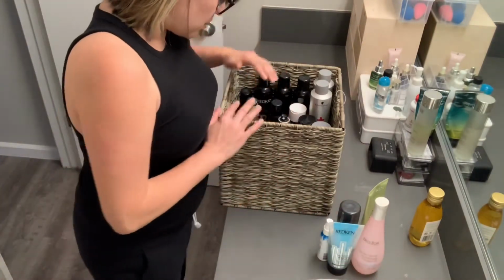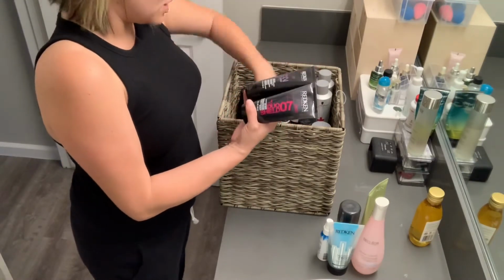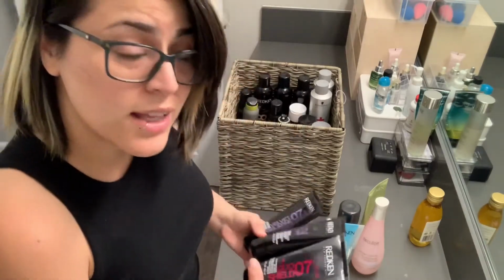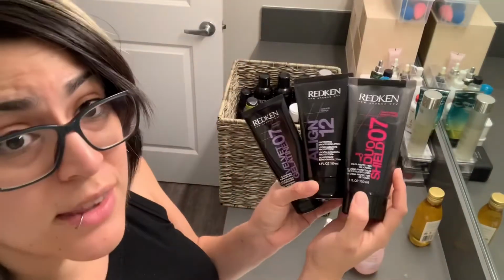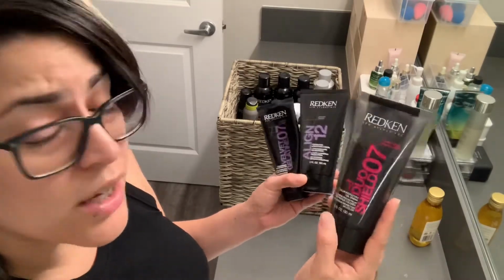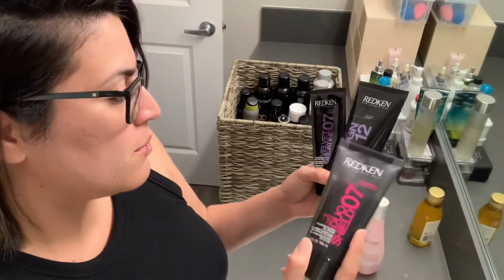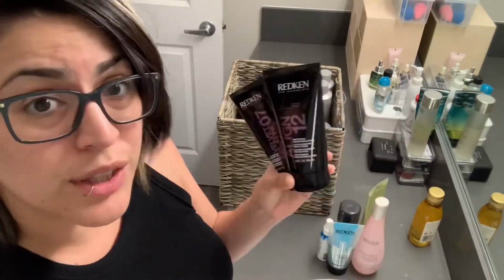And I still have here a bunch of different products. Like, I think the next round, because I'm just not quite ready to get rid of these yet, the next round I may look at these things by Redken. The Duo Shield, which is a color protecting gel cream, which I do color my hair. The smoothing lotion, which is really great to use,